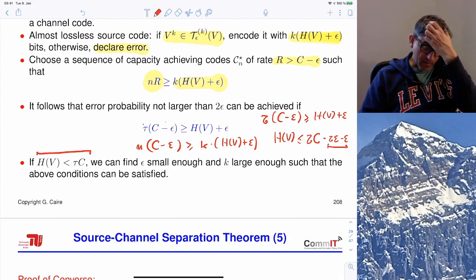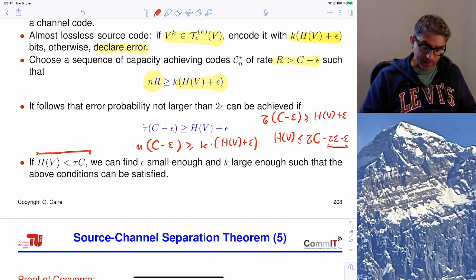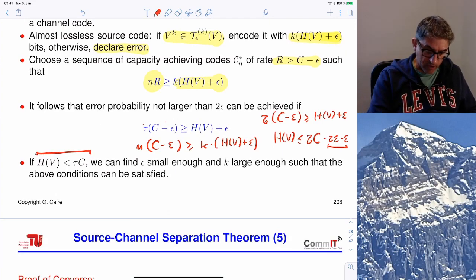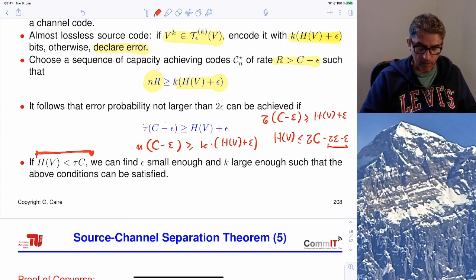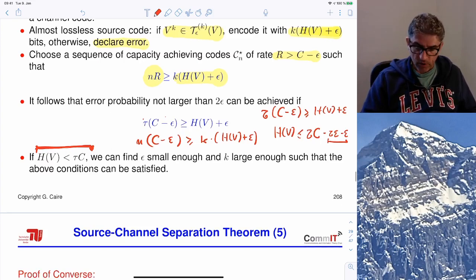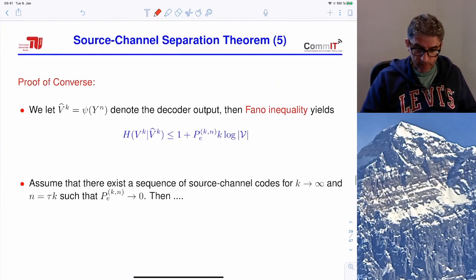and proves the achievability, proves the fact that the source is transmissible, because we have explicitly constructed a scheme that achieves small probability of error whenever the entropy of the source is less than tau times the capacity of the channel. For the converse,